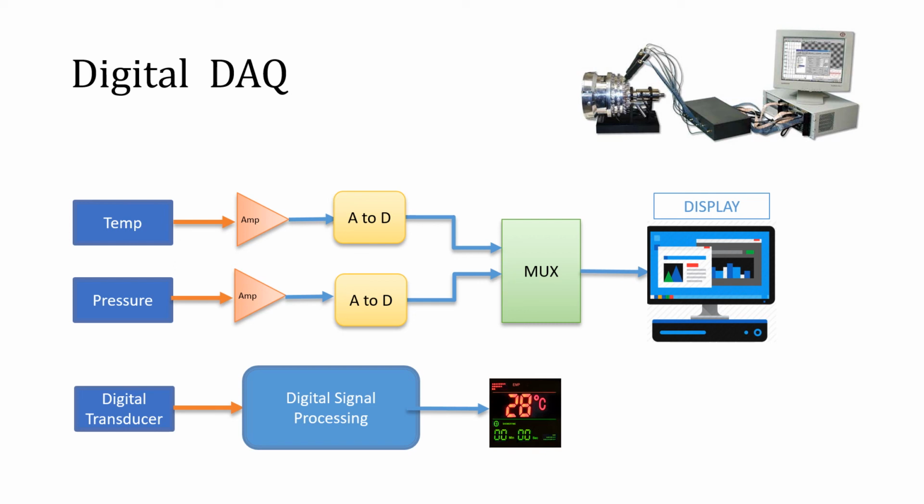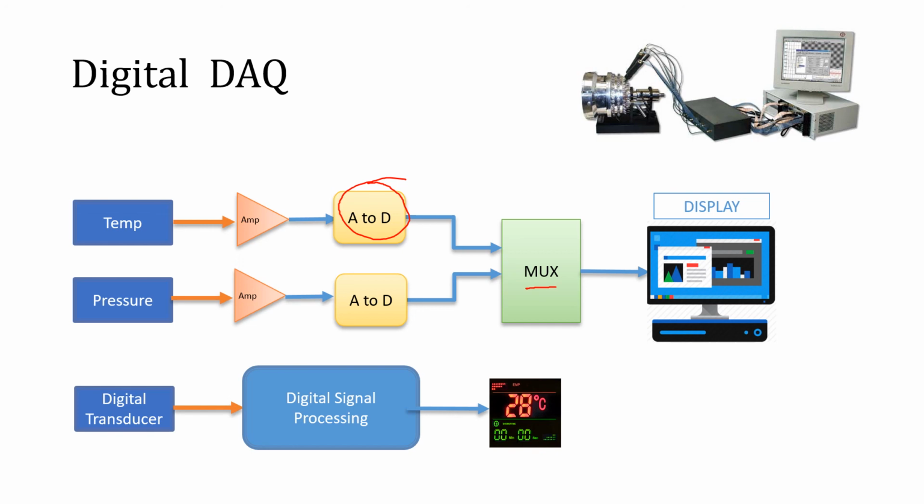So this is an example of a digital data acquisition system. In this case, we have two analog transducers like temperature and pressure, as in the similar previous case. Now after amplification, in this case a new additional thing we need is an analog to digital converter. So once they have been digitized, they are fed to the multiplexer, and finally the multiplexer is giving the digital data to the laptop or any digital device for better display.